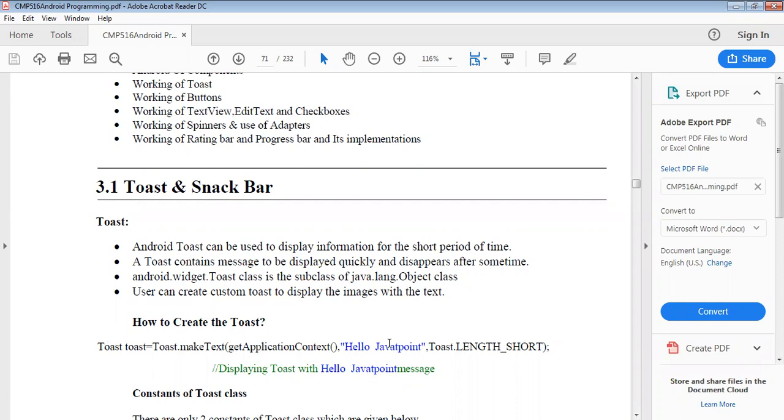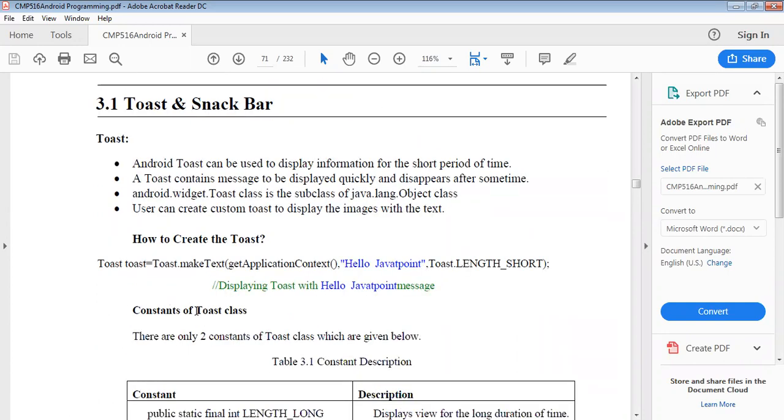So that message, this Hello Java Point message, is mainly shown in our main activity. After that, the toast is a view, means it contains a quick little message for the user. Just we can see here in that example.